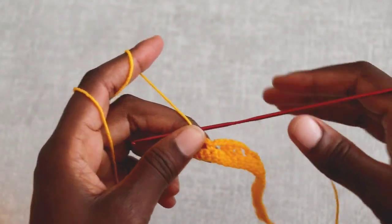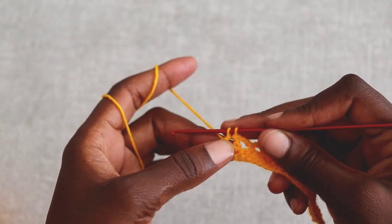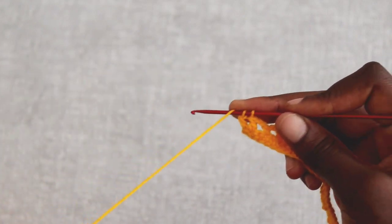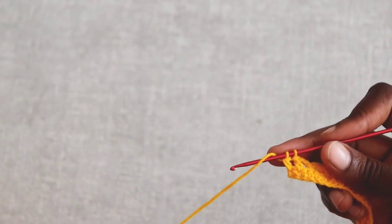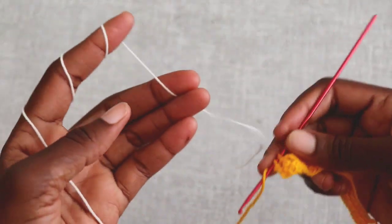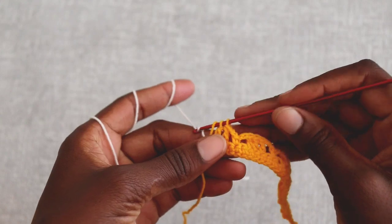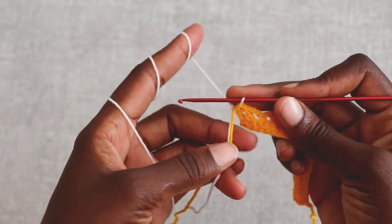But for this last stitch, you're not going to complete it. After working the yarn over, pull through the first 2 loops, you're going to drop this yarn and then pick your second color, or the lighter shade of yarn. You're going to yarn over and pass it through those 2 loops. Then you're going to turn your work,